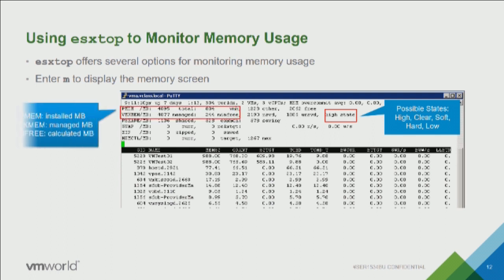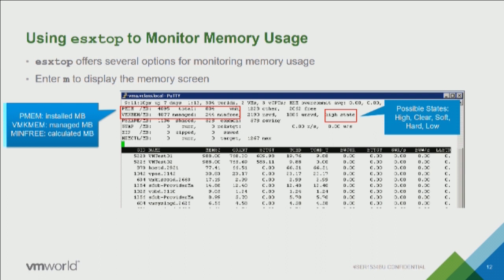So the other thing that we look at here is the fact that your ESXi host has a pmem and a vmkmem value that's up there. The pmem is all of the physical RAM installed in the ESXi host. It's all of it, okay? Now, vmkmem is the VM kernel managed memory on the ESXi host. And this is a kind of weird thing. When you're looking at this, you see how it says